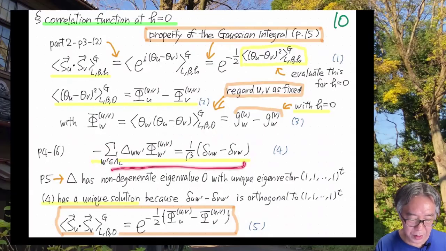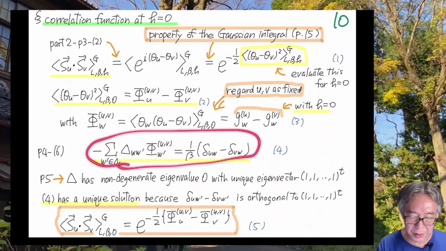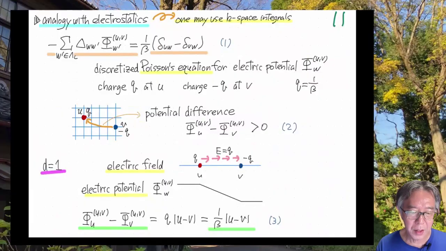So once you obtain the unique solution for this, and this is actually a Poisson equation, it can be written in this way. Our task is to analyze this equation. Of course, if you are good at Fourier transformation, you can go to Fourier space and use a k-space integral to analyze this. But I want to take an easier way, relying on the analogy with something we already know very well,